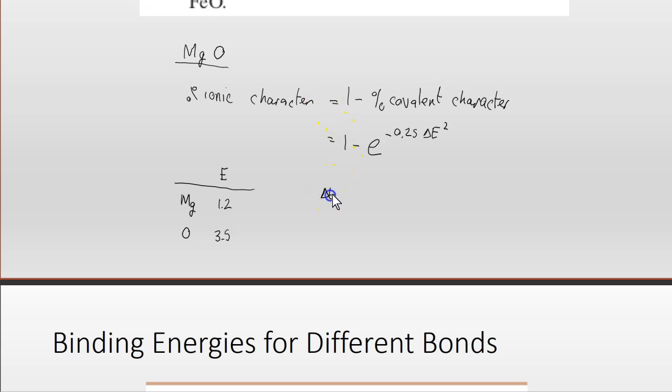Delta E is going to be the size of that difference, which is equal to 2.3. So therefore, the percentage ionic character